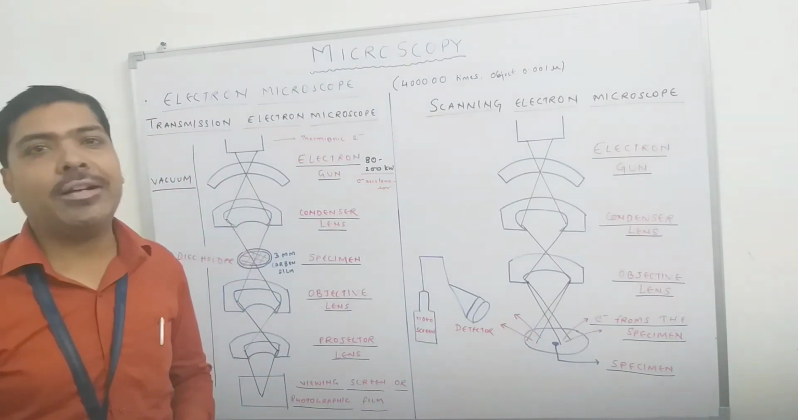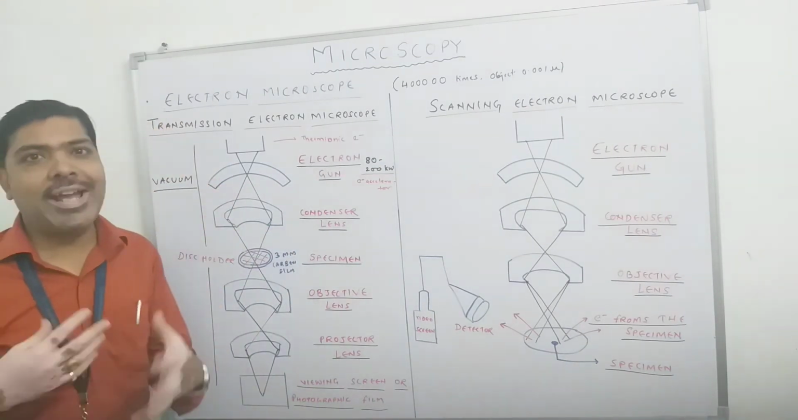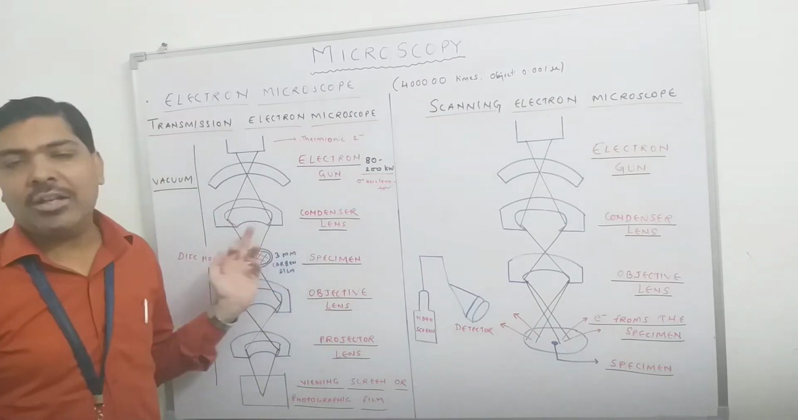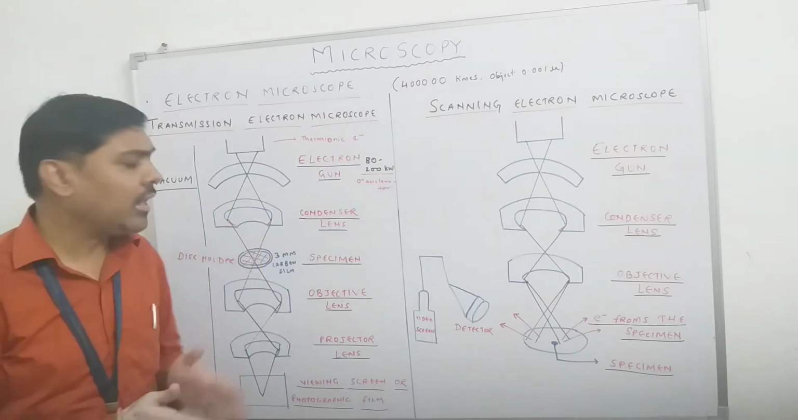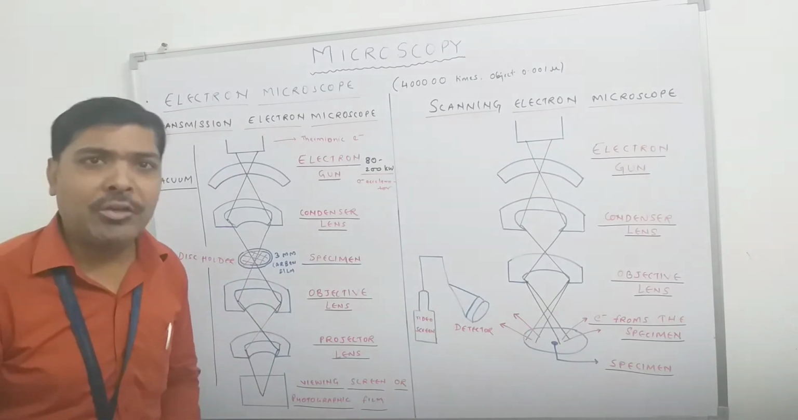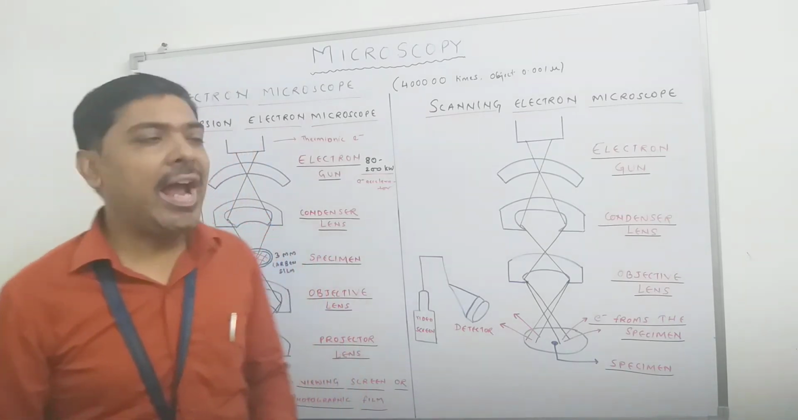These electrons are generally the thermionic electrons. Then it has the arrangement for the acceleration of the electrons. Then it has the arrangement in which they condense the electrons towards the specimen. Then again, as I have told, the specimen should be prepared very thin, and there is